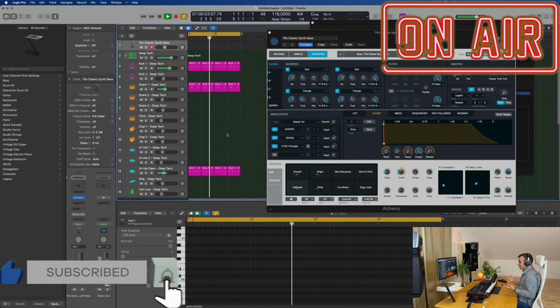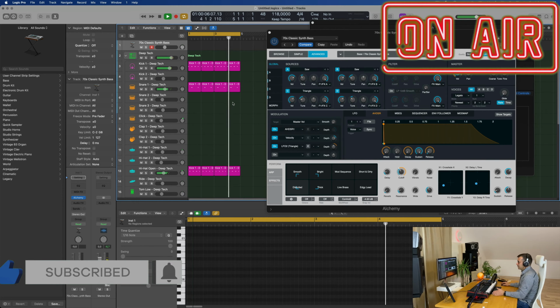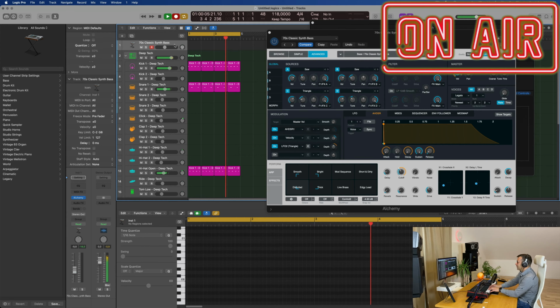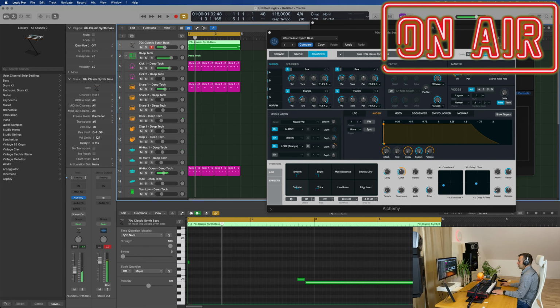So 118 BPM. I mean, it's a little bit slow. Let's be honest. This is what it is. So I have this bass that I thought I would start with. Here at E, because if you know me, you know I like E. I didn't practice that at all, but it came okay. Let's try to do that again. I'm not sure I got it exactly like I want it, but